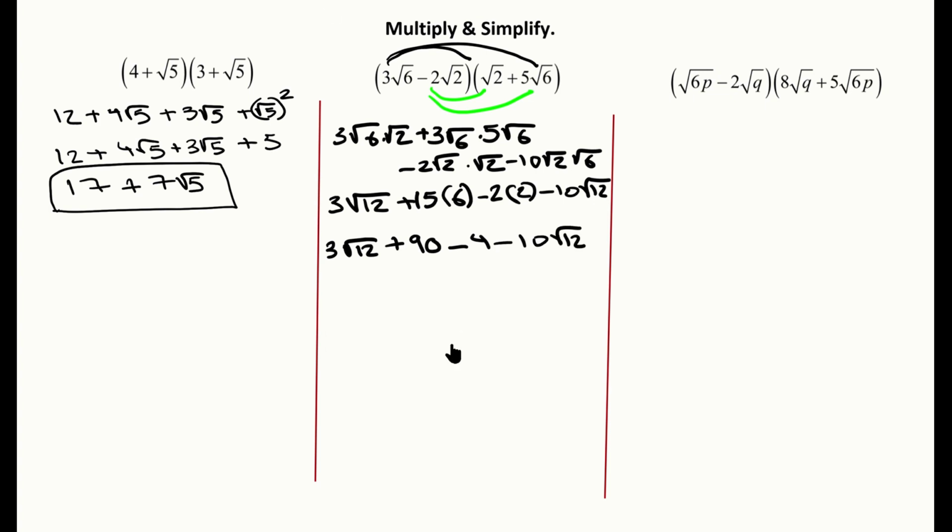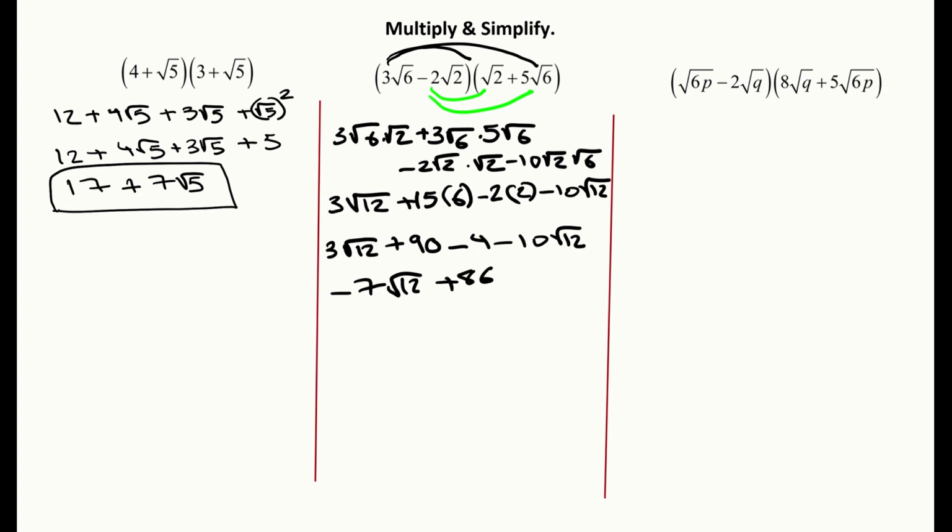So we can combine these radical 12 terms to get -7 radical 12 plus, we can also combine those two constants to get